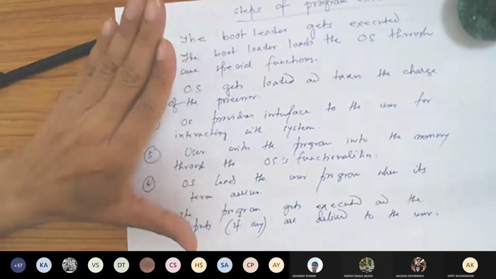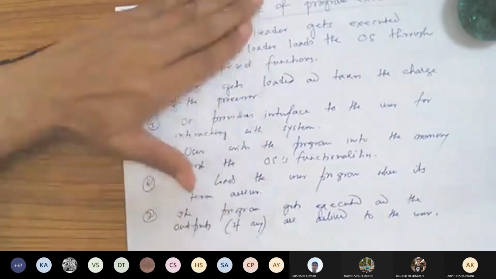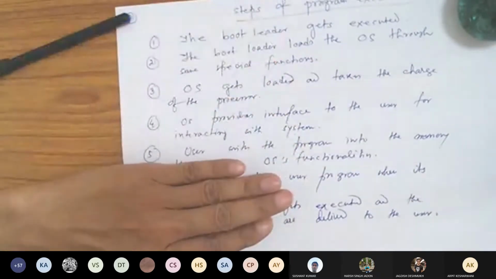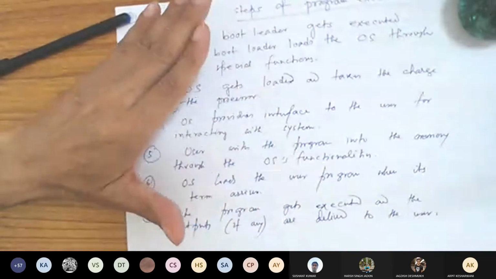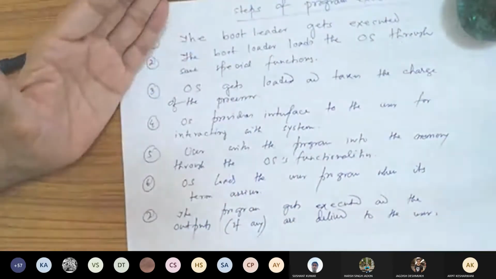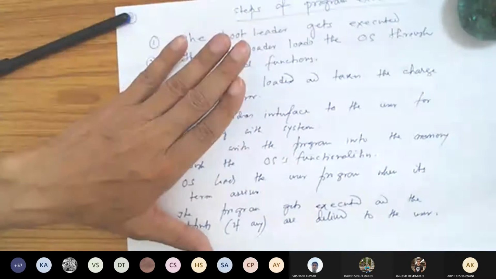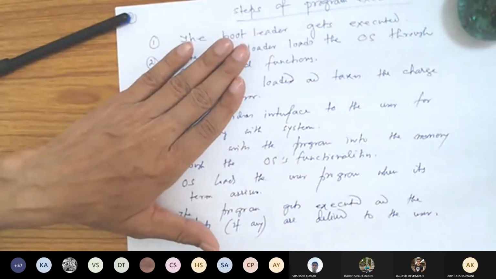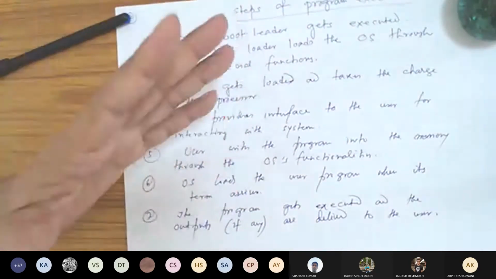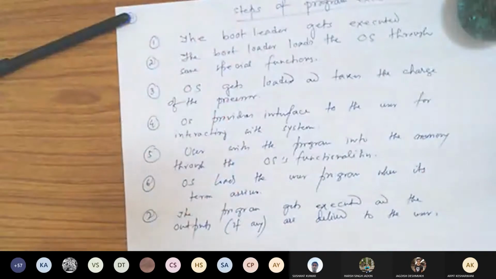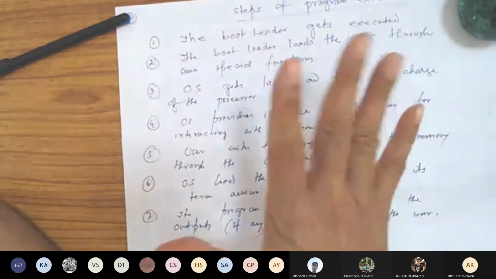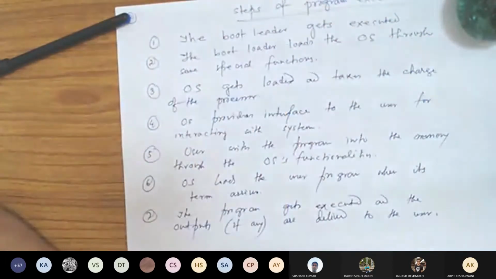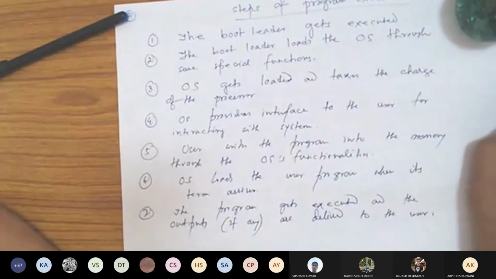So these steps are needed. Actually, these steps are very important to understand the concept of the operating system as well as how architecture helps to support this. That's why what I am teaching currently is a combination of both things. Okay, I shall come to the architecture part from now onwards, because this part was very important so that you can understand what the steps are.